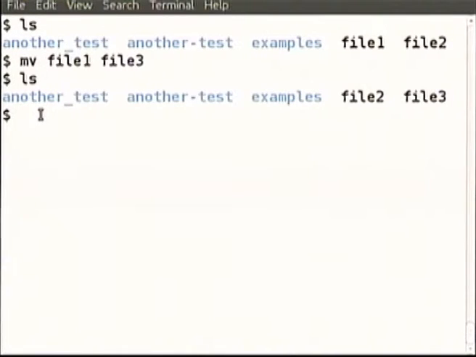But let's come back to this overwrite possibility. Now there are these five. We just listed what all files are there: file2, file3. Now what if we try to move file2 to file3?